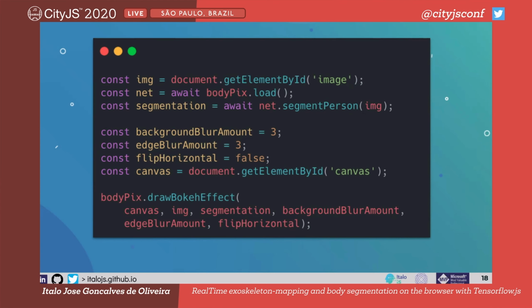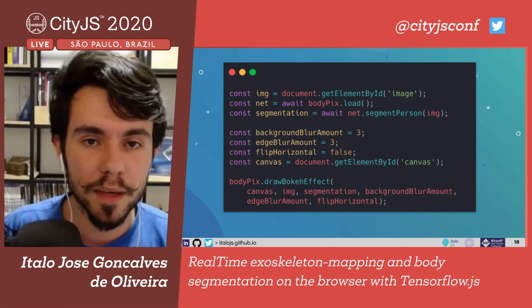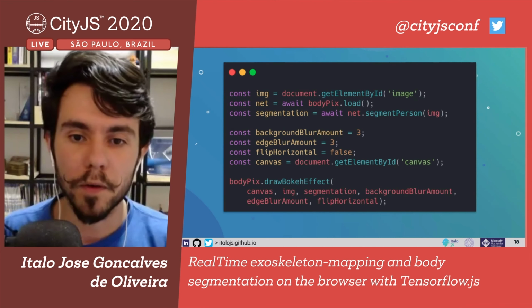It's not segmenting the person and not segmenting my body parts. Okay, so